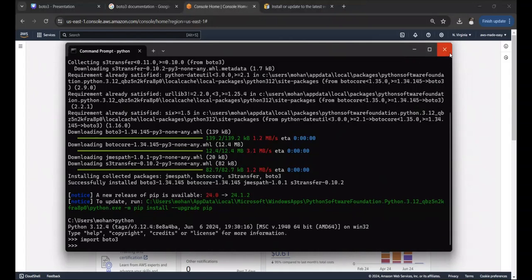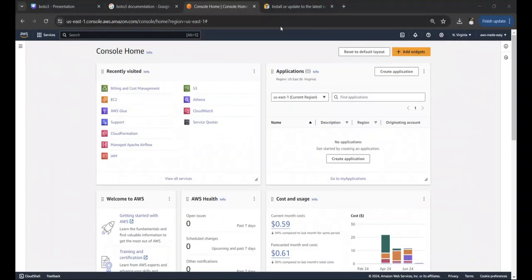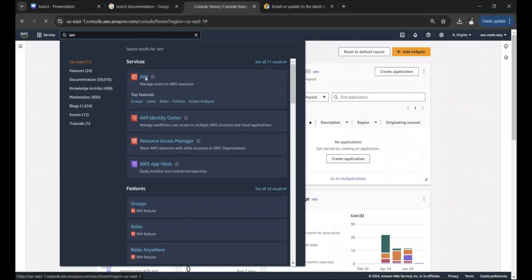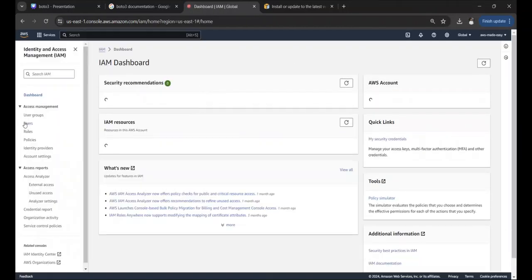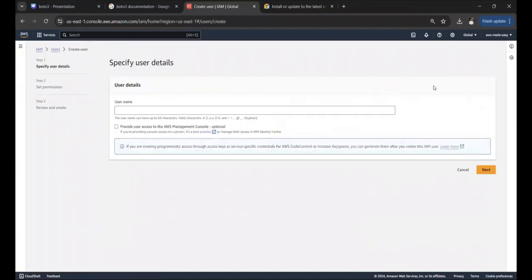Once Boto3 is installed, we need to configure an IAM user in AWS. This user is what we will then configure on our local machine as well, and it will be used by Boto3 to interact with AWS services. So let's go to IAM here. Click on IAM, click on Users, click on Create user, and let's call this user something like boto3